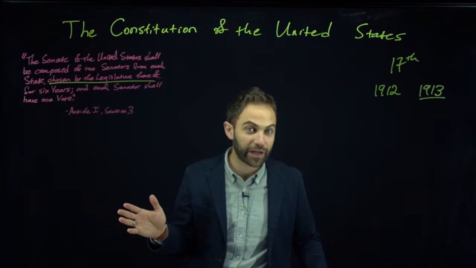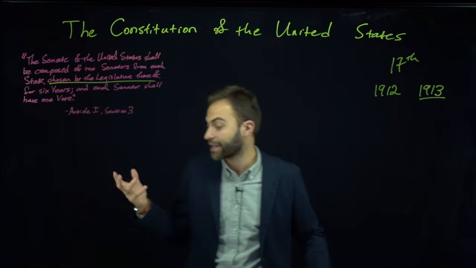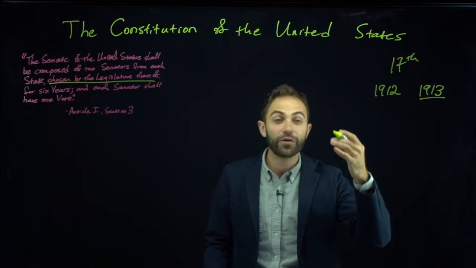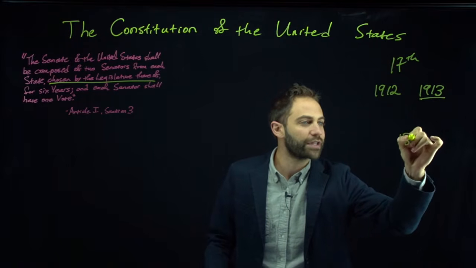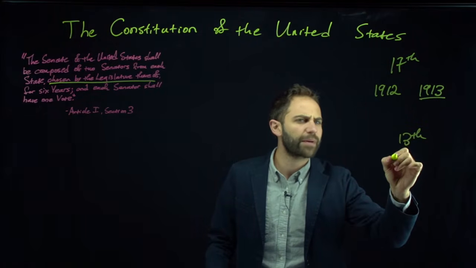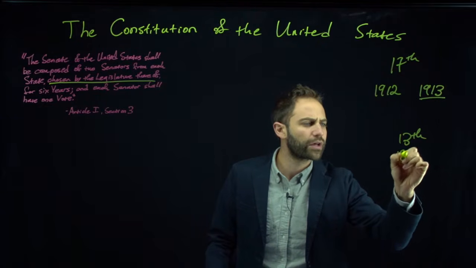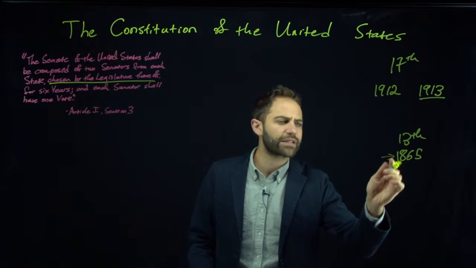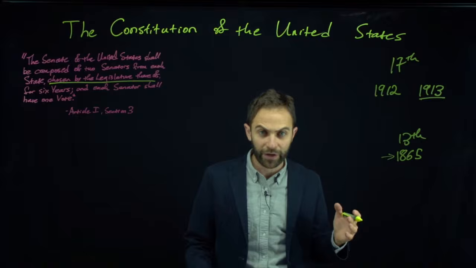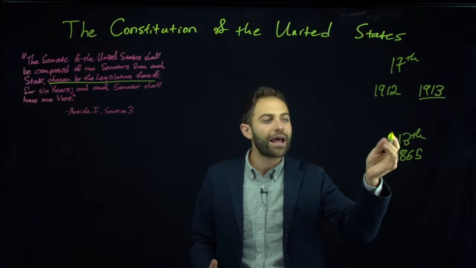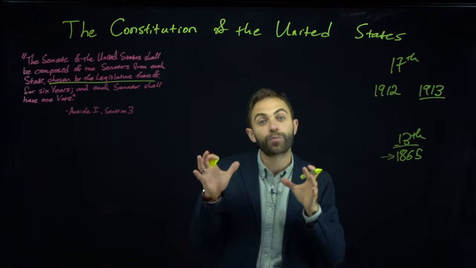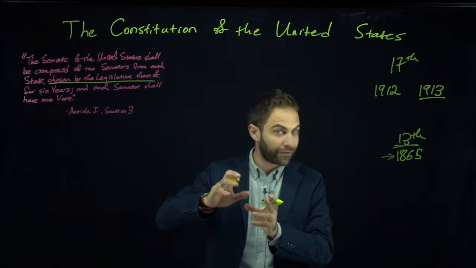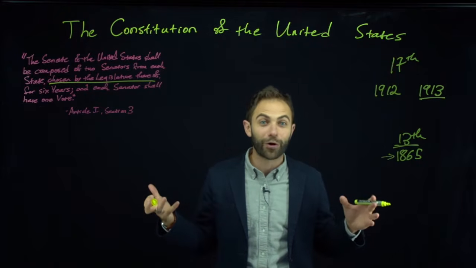That was the original text of the Constitution, and indeed, that is still the text of the Constitution now, because even though slavery was outlawed by the 13th Amendment, which was passed by Congress and then ratified, both mostly in 1865, even though from 1865 on slavery is not legal anywhere in the United States, the 13th Amendment merely supersedes that text from Article 4. It doesn't modify it or erase it. It's just that it no longer applies.